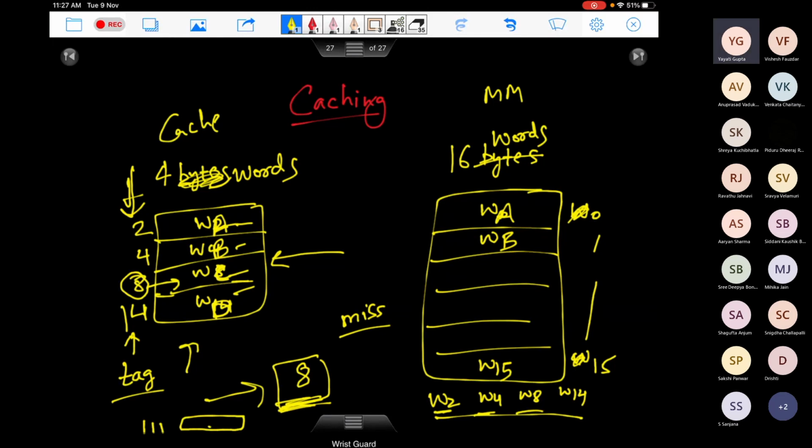Okay, right. So if in some way we could associate the main memory addresses with the cache addresses, things would be way better. You look at a main memory address, and that should somehow give you an idea of where it is in the cache memory. And how do we do that? How do we associate? Exactly, that is the idea.